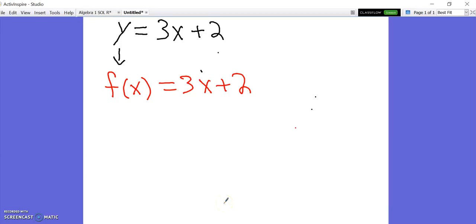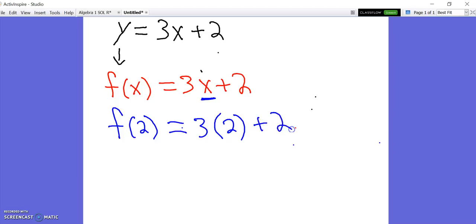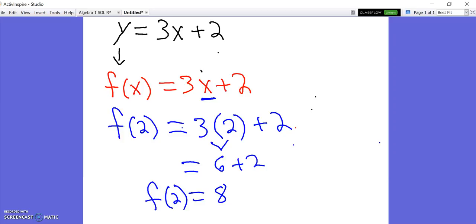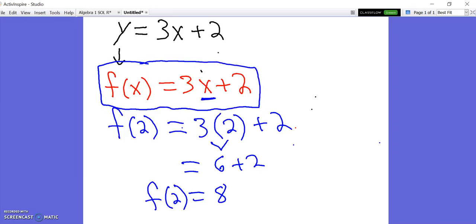So if I did, for instance, instead of f of x, a question might ask, what is f of 2? What that would do is it would replace this x with 2. So it would do 3 times 2 plus 2, which would be 6 plus 2, which is 8. So that means f of 2 is 8. Okay, so if you get a problem like this one, that I'm putting a box around, that I wrote in red, and they ask what is, let's say, f of 3,